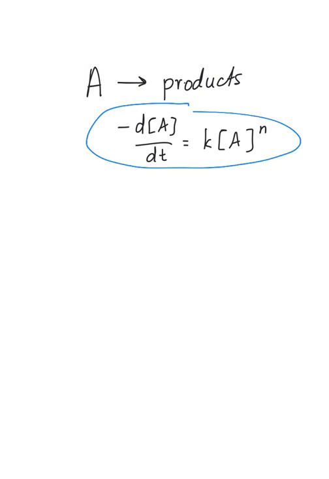In this video, we'll consider the case where n is equal to 1, and from this derive a first order integrated rate law. So, let's jump in. If n is equal to 1, our equation circled above becomes this expression. Negative change in concentration of A with respect to time is equal to rate constant K times the concentration of A. In order to solve this equation, we'll rearrange in such a way that we get like